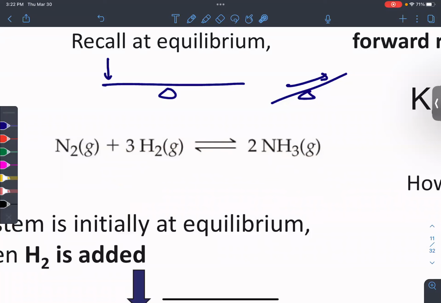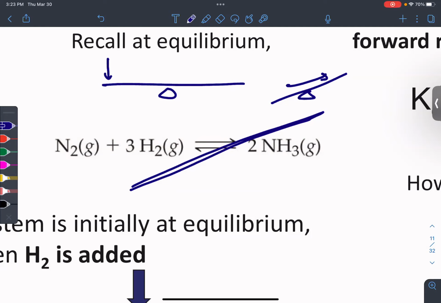All right, so let me change it up. Okay, we're at equilibrium. I remove some ammonia. What if I remove ammonia? How does my seesaw change? If I remove ammonia, isn't it like that? And it lifts the one side? Okay, so if I remove ammonia, how should the reaction shift to regain equilibrium? It's going to move in what direction? Forward or reverse? Forward, yes, because we removed a product. The chemical equilibrium is going to want to fill that void back again. So it's going to go forward.